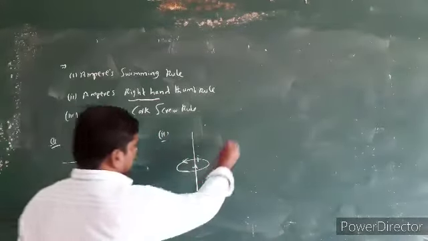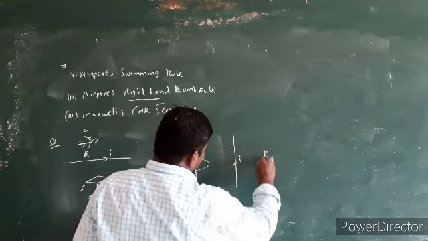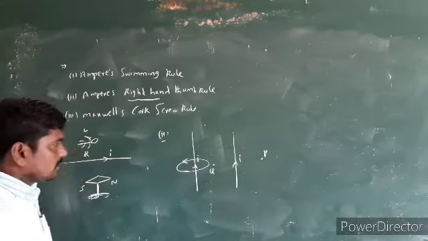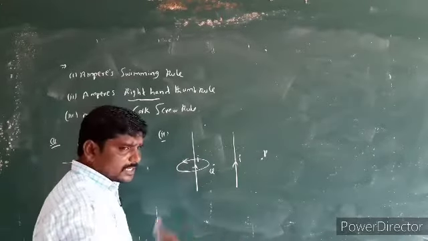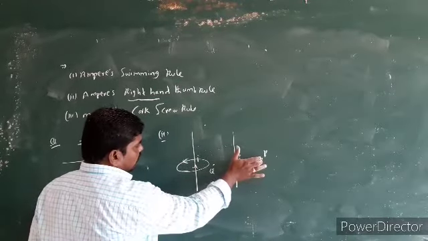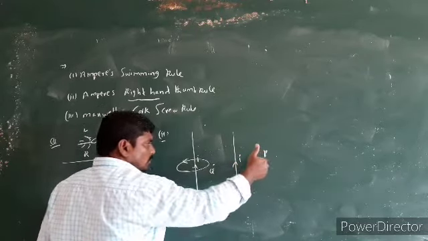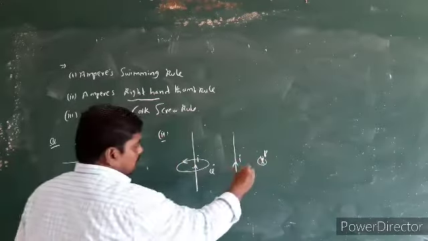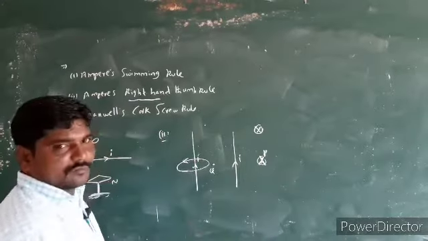For example, the conductor is carrying current I amperes. Now I am considering two points, point P and point Q. Point P is on the right side of the conductor, Q is on the left side of the conductor. The shape of the magnetic field lines are circles. Now if you see here, in the direction of current, put the thumb of the right hand. Now fold fingers. At point P, the fingers are pierced into the plane of the board. That's why at point P, the magnetic field lines are perpendicularly inwards. Perpendicular inwards means this is the symbol, perpendicular into the plane of the board.